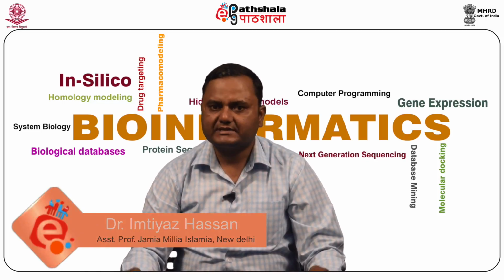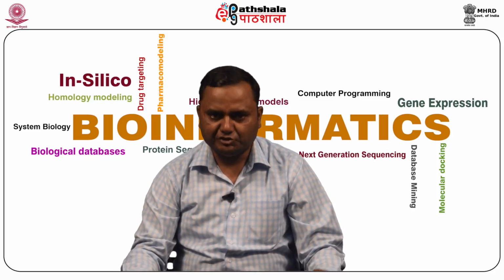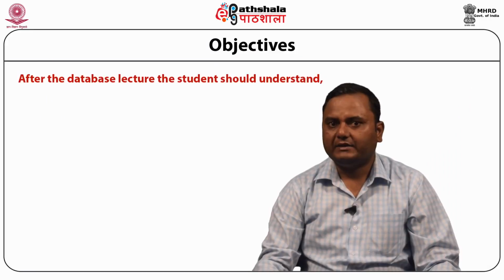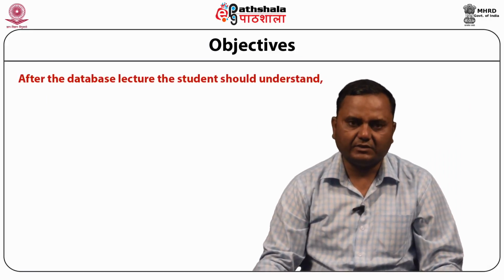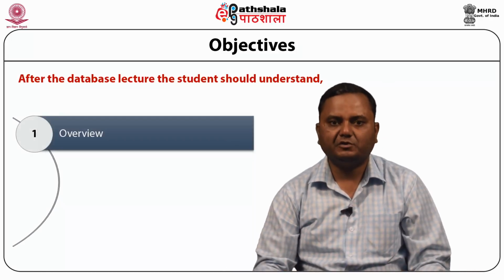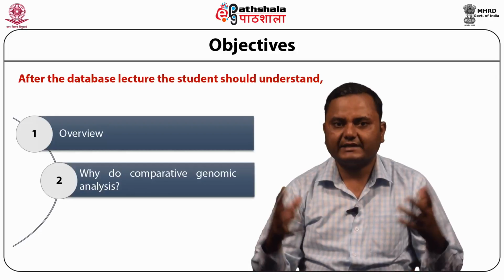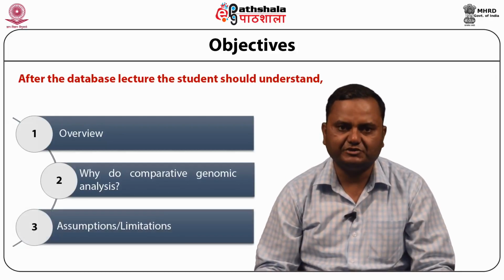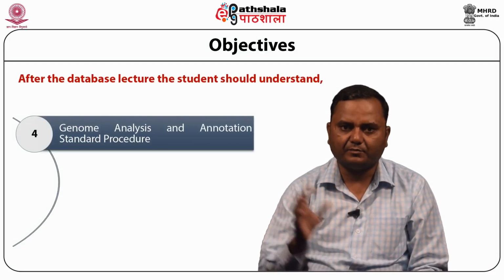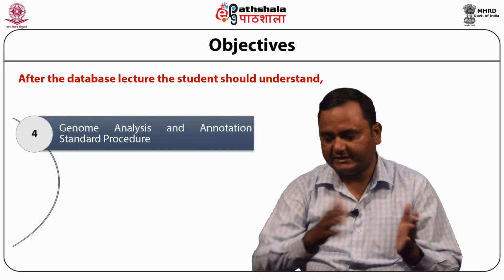Today we are going to discuss the module Current Trends in Comparative Genomics under the paper Bioinformatics. In comparative genomics we are going to discuss the basic overview of comparative genomics, why we do comparative genomics analysis, what the assumptions and limitations are, then genome analysis and annotation, the standard procedure for genome analysis and derivation of the function